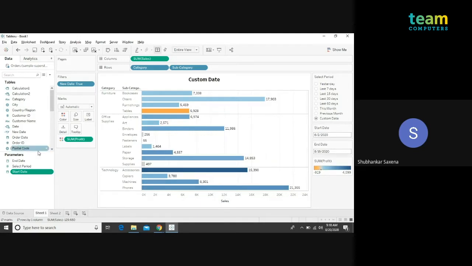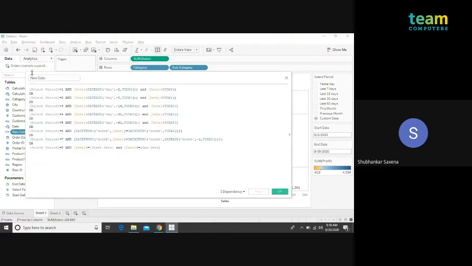After creating the parameters, you have to create a calculation to activate these parameters, in layman's terms. Whatever we are selecting, our value should get manipulated as per our selection. So we will create one calculation. I've already created one calculation over here.